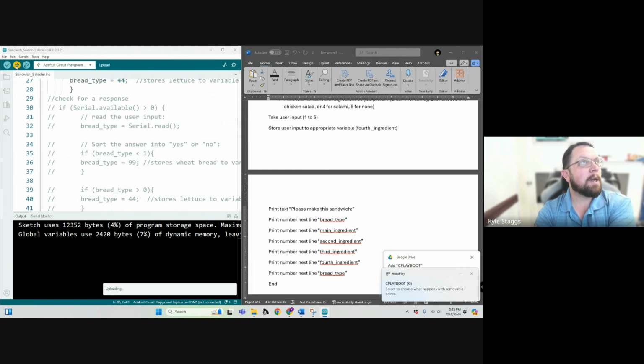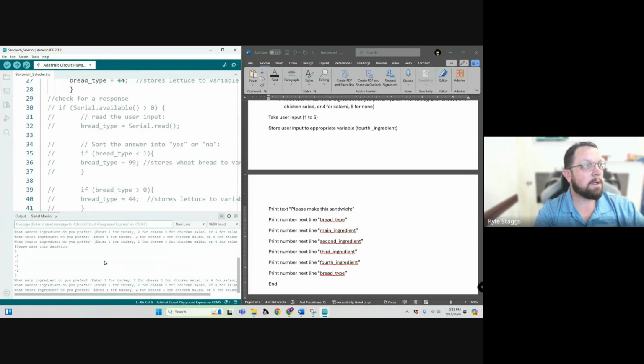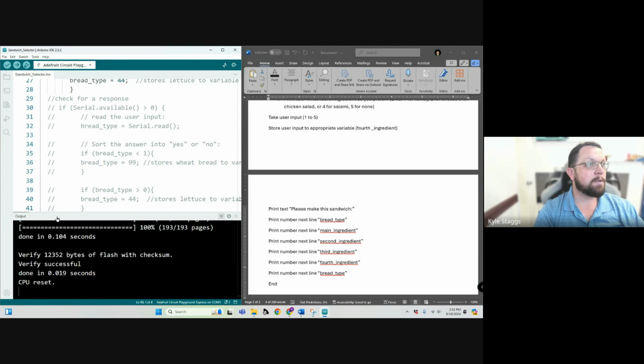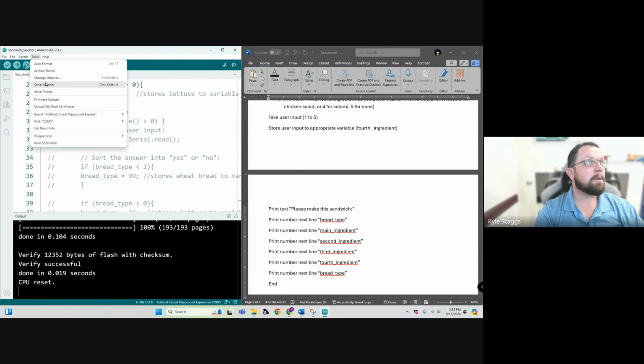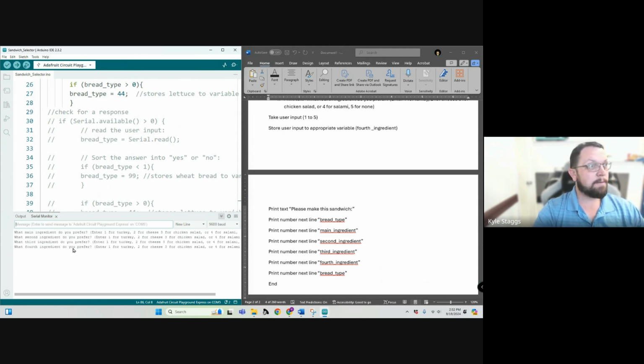So it can also encounter errors when you go to compile. I know that one wasn't going to have errors because I was very careful. So we can also close the serial monitor, and reopen the serial monitor. And we can say, all right, let's reset this. What main ingredient? One. Okay, so we got a couple in there, but not very many, right? So the user has to be on it. If I reset it again,